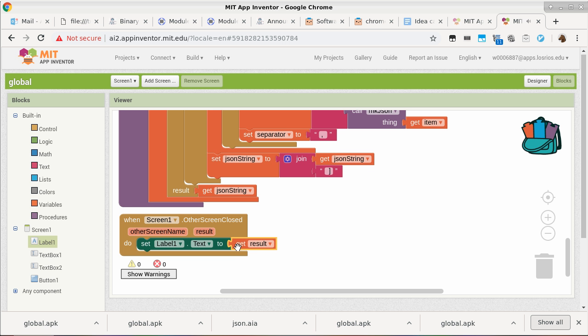Which is typically the first thing you want to do, to say, okay, I'm getting this event because a screen has closed, but which one has closed? Because screen 1 can start screen 2, screen 3, and many other screens, but which one closed and got back to you this time? You should check. But in this app, we're not going to do that just yet, okay? So we'll build the app.